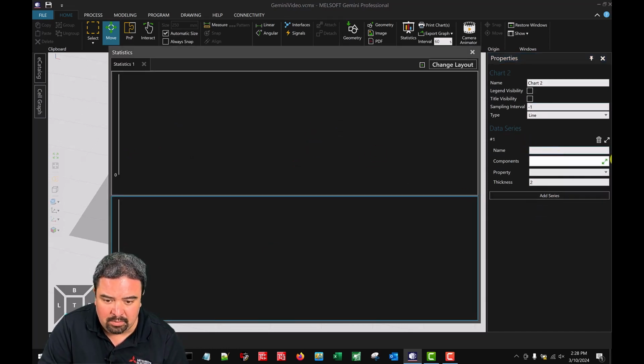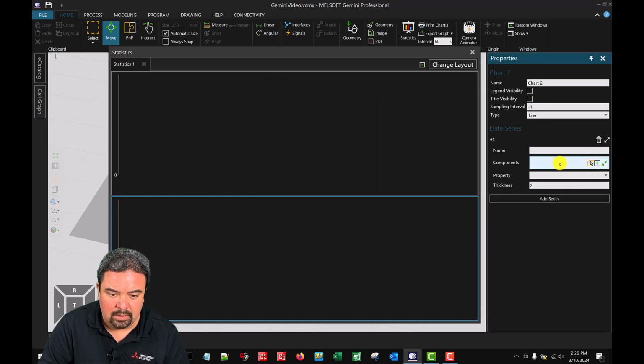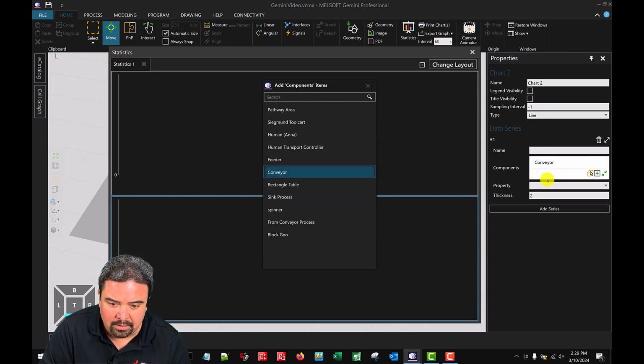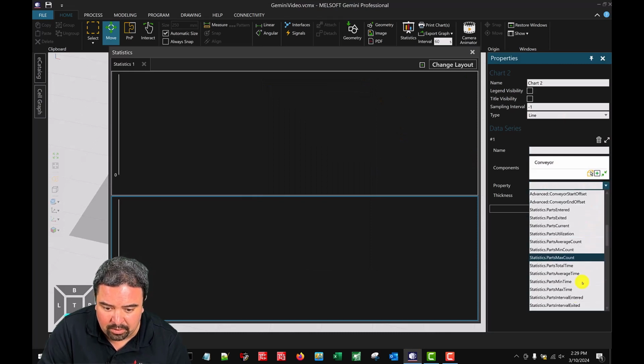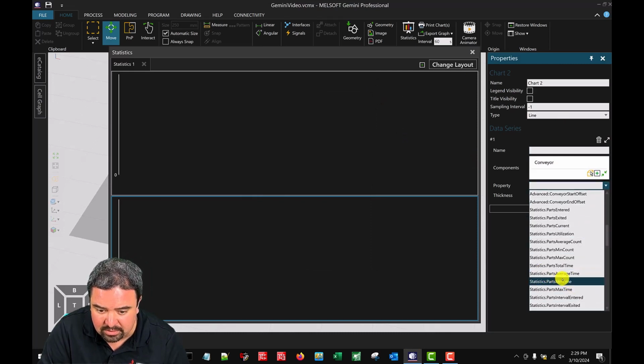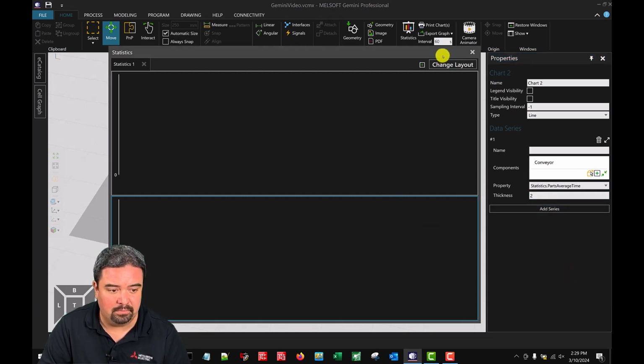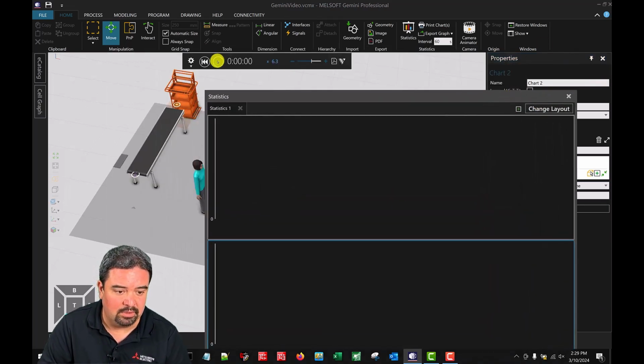And then graph 2, maybe we want to look at, we can add a new component. So let's click add, and maybe we want to look at the conveyor. Maybe we want to see how long it's taking to create a part or move the part, so we can say statistics and then average time. And now we have our statistics. That's all we have to do. We can hit play,